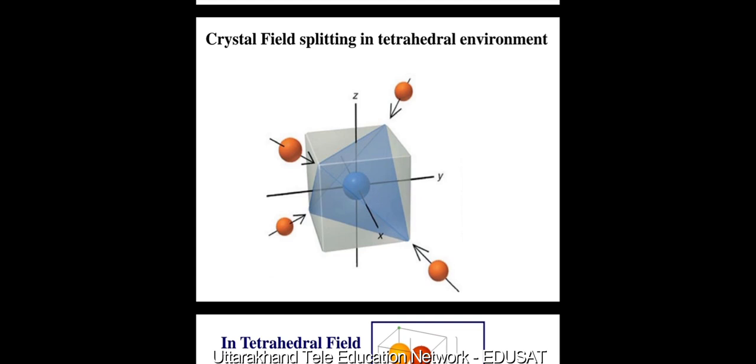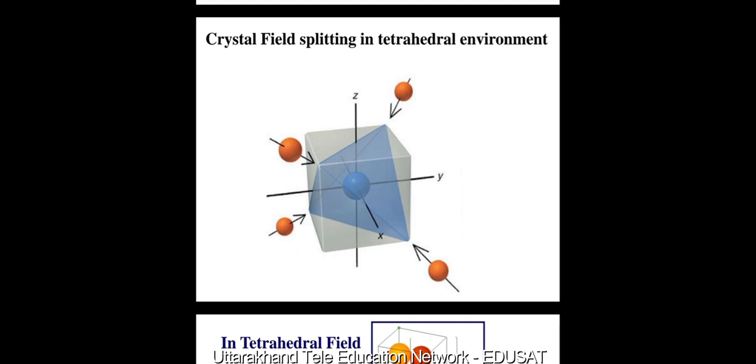It can be shown that in a tetrahedral structure, none of the d orbitals of the metal ion point exactly towards the ligand. The 3d orbitals dxy, dyz and dzx are pointing close to the direction in which ligands are approaching,